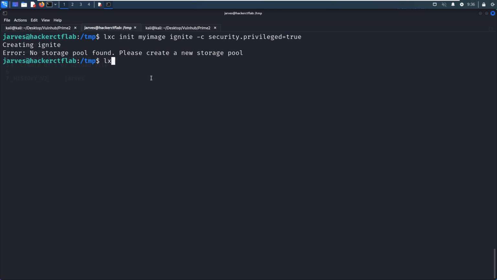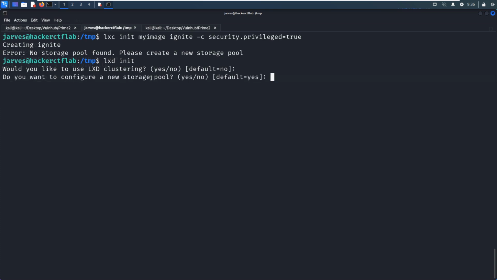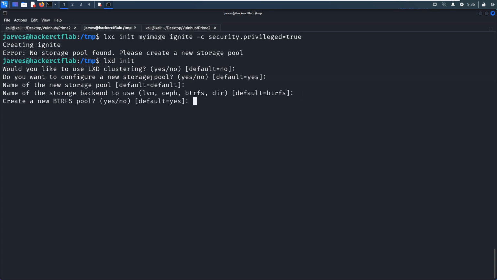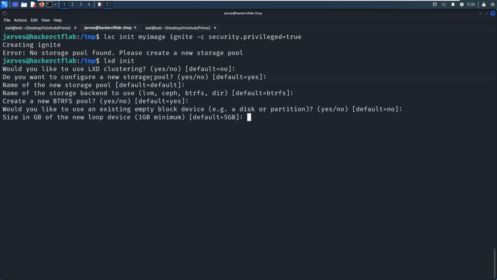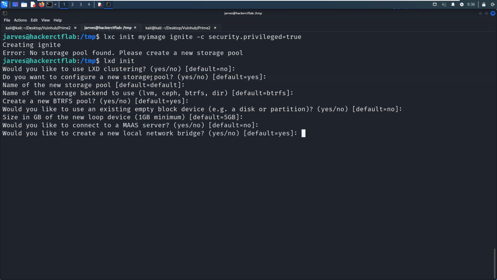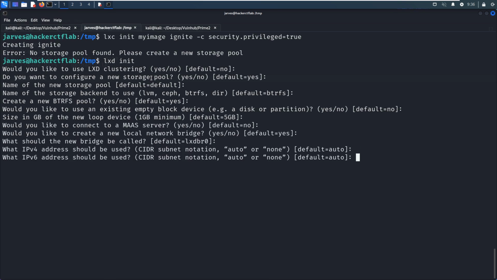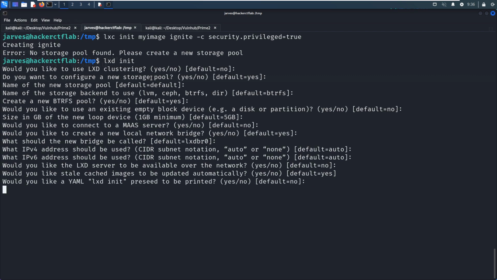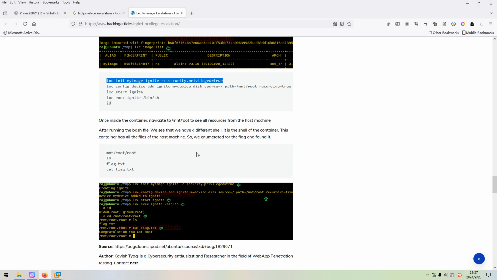We just run lxd init, and we take the default option for all of them. All right, it's done. Then we run this command to initialize the image again. This time, no error. Wonderful, right?